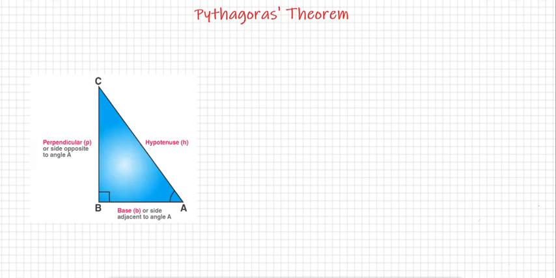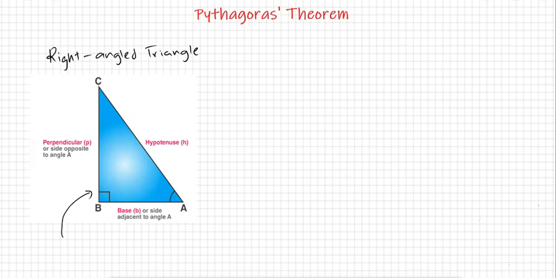Okay, in this video, I'm going to explain the concept of Pythagoras theorem. Pythagoras theorem is only applied to a right angled triangle, right? As you can see in the picture, this is a right angled triangle, and we all know what a right angled triangle is, obviously. A triangle in which there is one angle of 90 degrees, right?